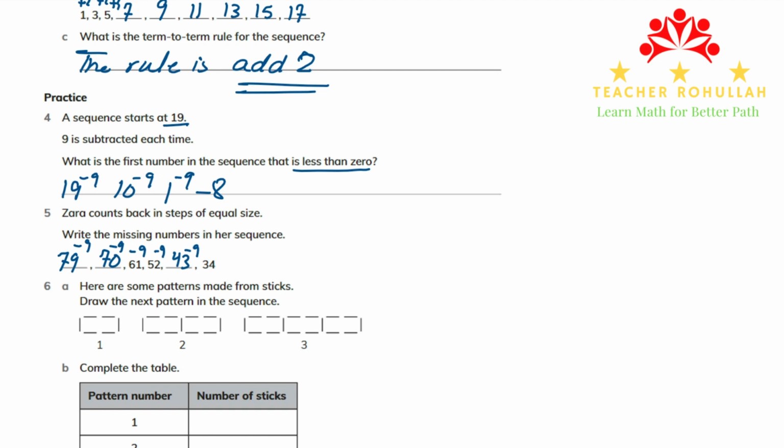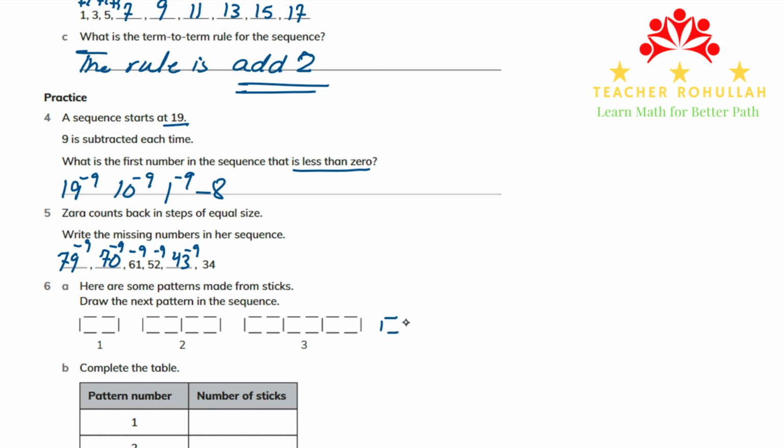In part A of question 6, it says, here are some patterns made from sticks. Draw the next pattern in the sequence. So the first one has 6 sticks, the second one has 11 sticks, and the third one has 16. Each time 5 sticks are added to the pattern. So the fourth one will be